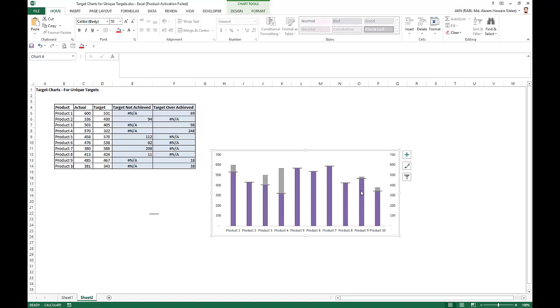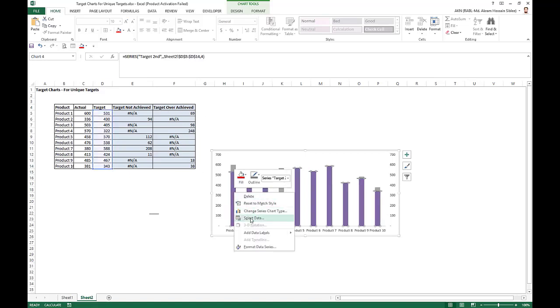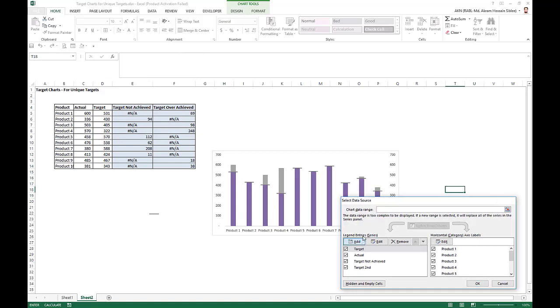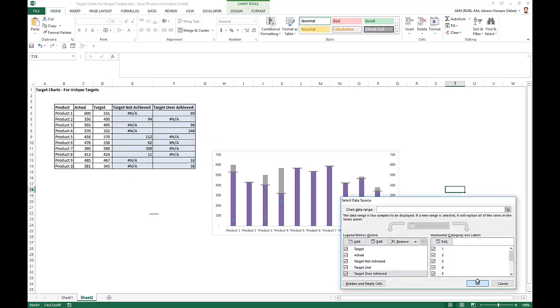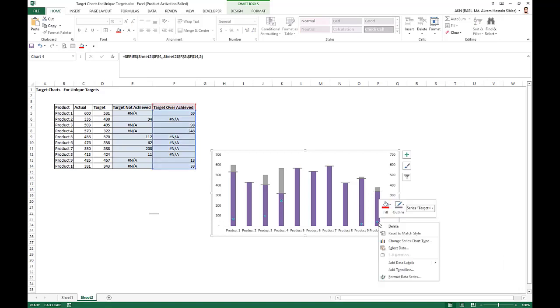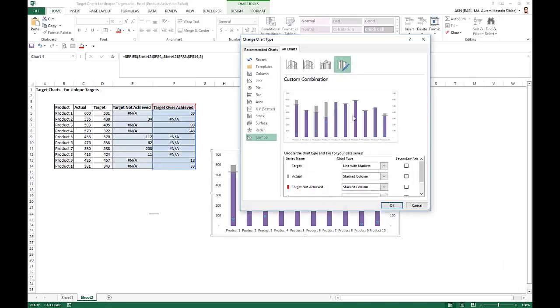Now we plot the target overachieved data here. Again we right click, select data, add target overachieved series, and series value is this one. We right click on this marker, change series chart type, secondary axis, and convert this to a stacked column chart.